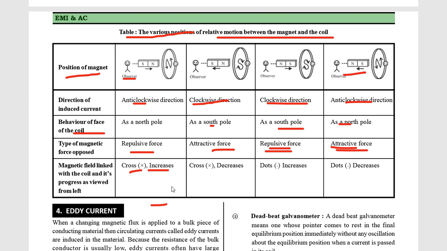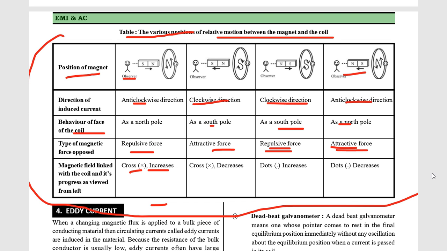So students, I hope you understand this table. This table is very important to understand the direction of the current. For any doubt you can discuss this table, and it will help you to understand the direction of current in different circuits, and you will be able to find out the direction of induced EMF. So try to use this table in your applications and to understand the direction of current in a circuit.